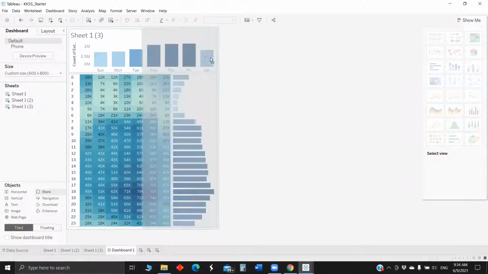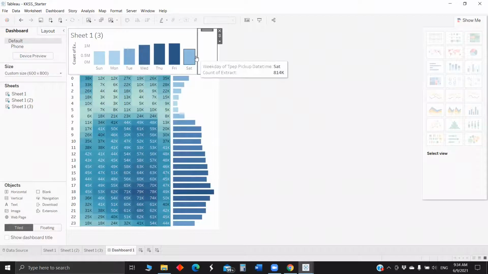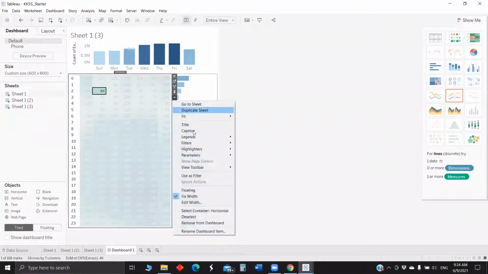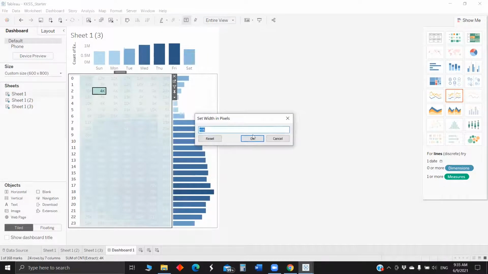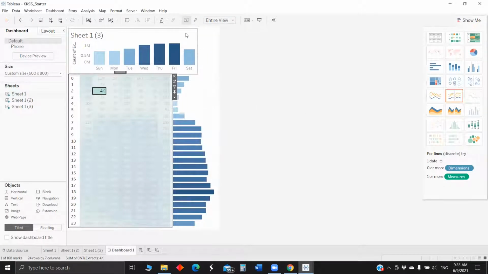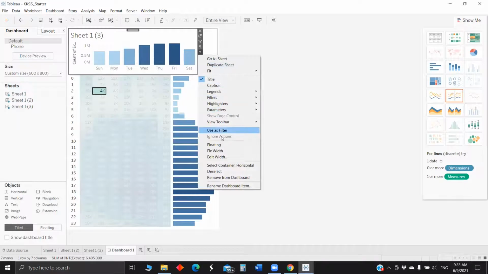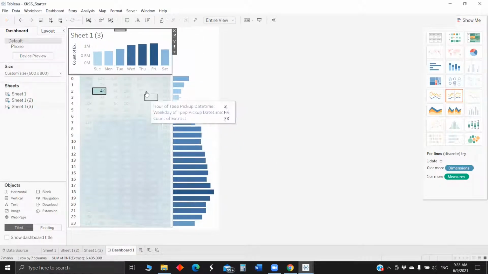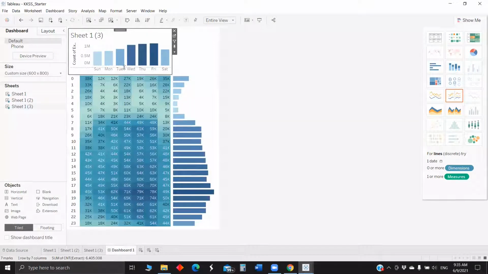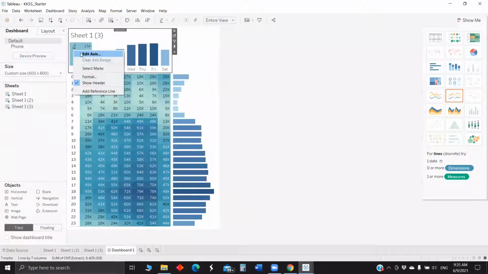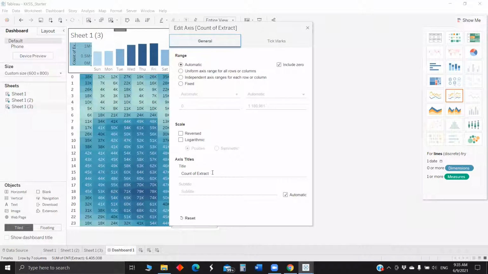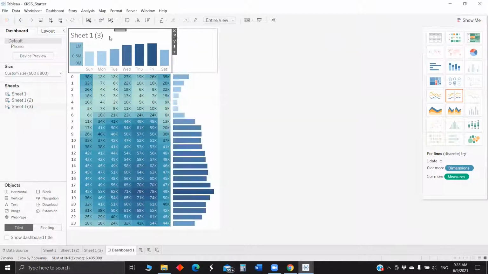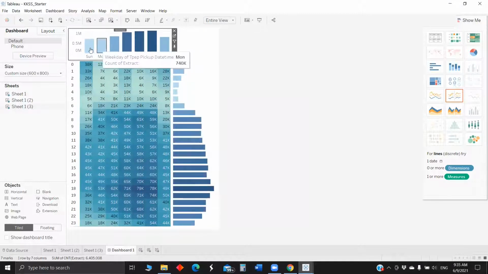Again, we will pull a blank here. Whatever the width is, its width is 406. We'll make sure the top visualization is also 406. We'll remove the header title for the axis. Change the title.